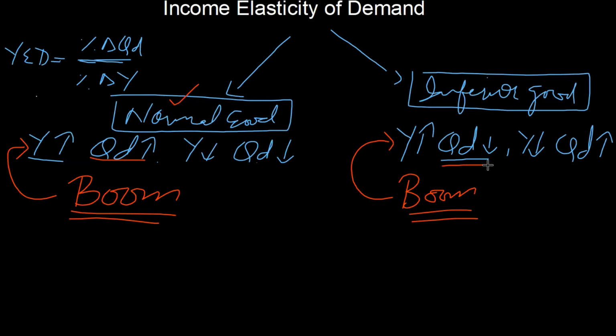This clearly signals the producers to produce a lesser quantity of inferior goods whenever there is an economic boom in the economy, because in this situation the purchasing power of consumers is high. During the period of economic boom, it is important for the producer to produce more quantity of normal goods and a lesser quantity of inferior goods, and in this way he can maximize his profits or revenues, or he can enjoy